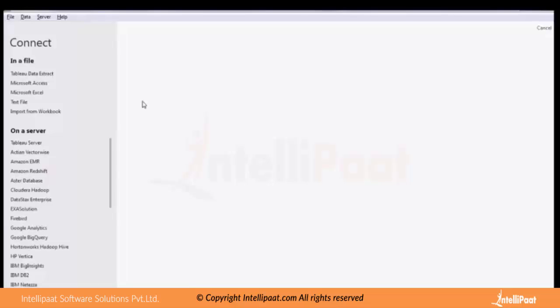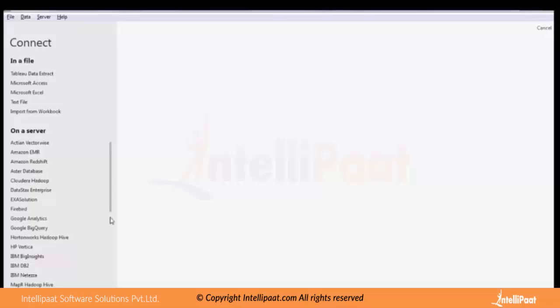So we're going to talk about Tableau data extracts a little later. And also the other section says on a server. So when you say on a server, these are the data sources that you generally would be interested in. Basically, you might have a data source like Oracle or Redshift or SQL Server, where you have your data and you want to connect and build your dashboard. So you would use one of these Tableau native connectors that are available here to connect, and then